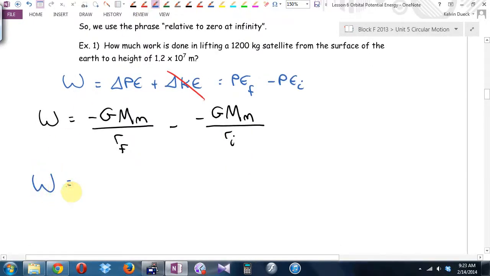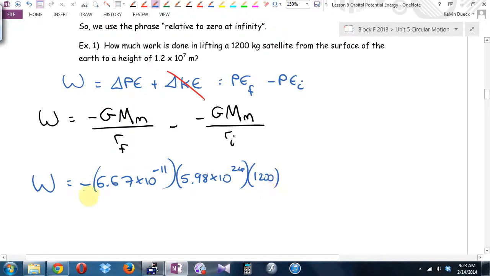Here we go. Negative big G is what? Big M, 5.98 times 10 to the 24th. Double check, we're on Earth, yeah. If it was the moon, I'd put the mass of the moon there. If it was Mars, put the mass of Mars there. Mass of the satellite, divided by,